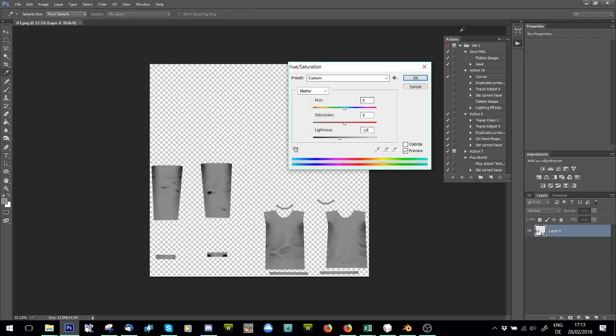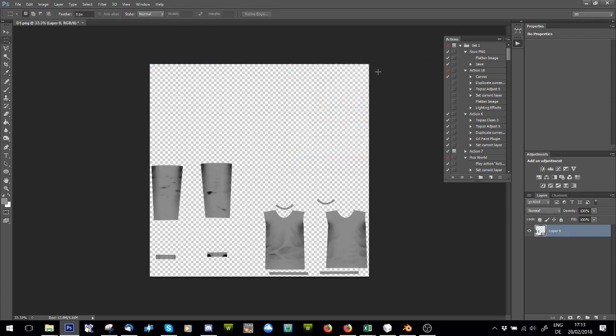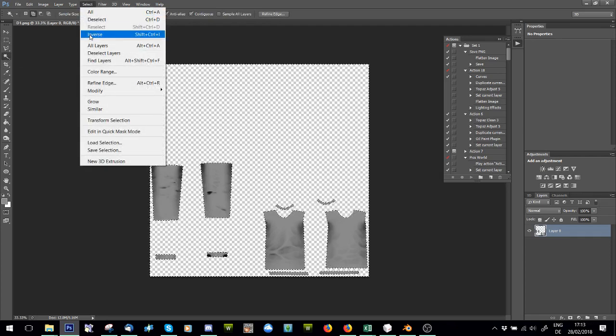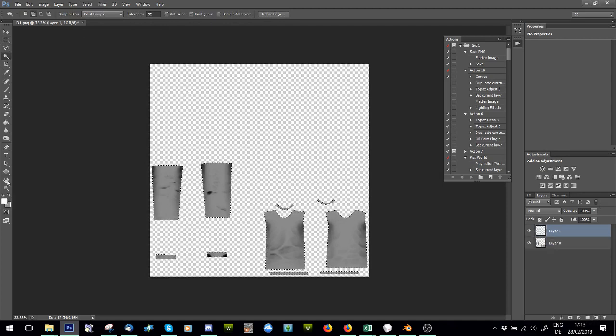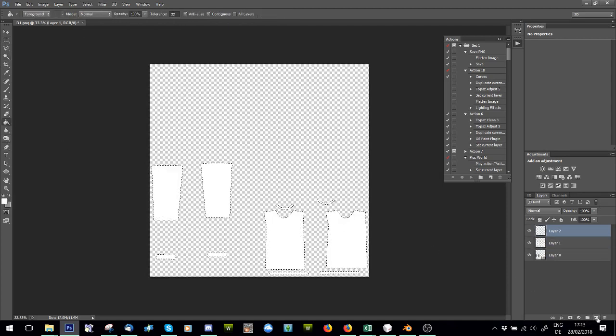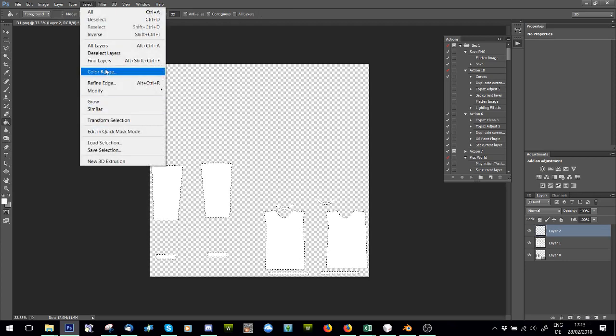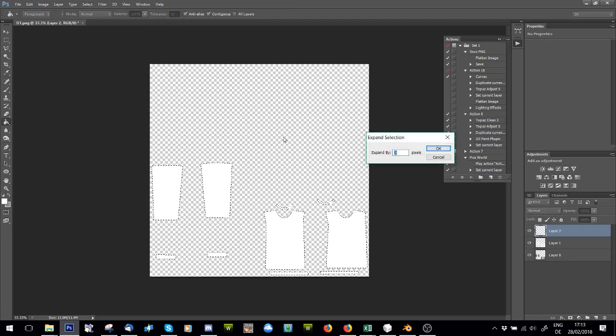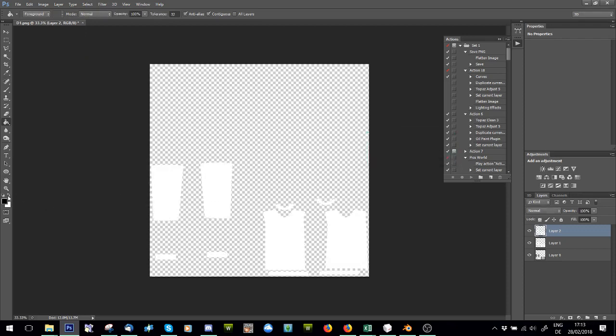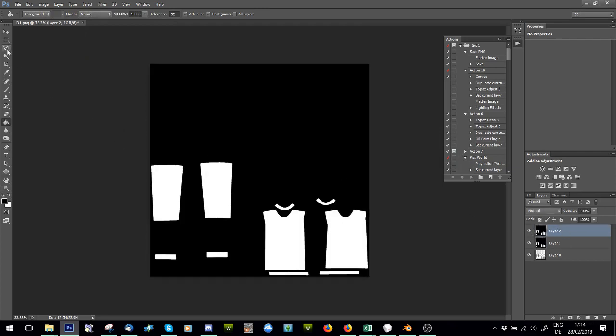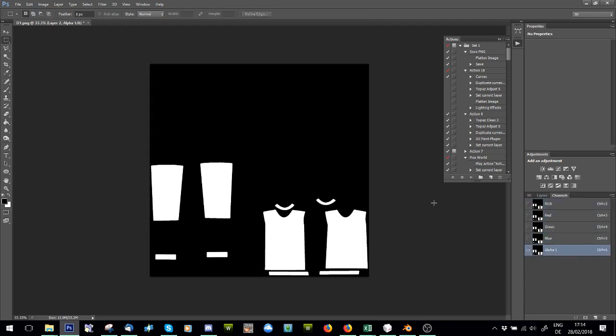Because Sims 3 needs a certain grey colour. Just pretend this is UV mapped, I haven't done that yet. Then what I do is I select the outside, select inverse, make a new layer, color it white, make another new layer, select, modify, expand by 4, and color it white, and switch to black, fill that one with black, fill that one with black. So the top one where that has the bit bigger mesh, I just copy into my alpha layer,